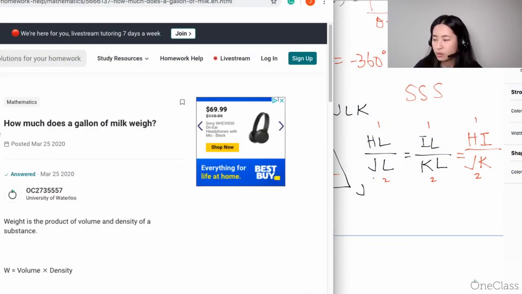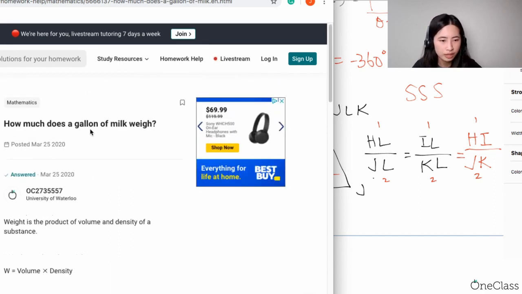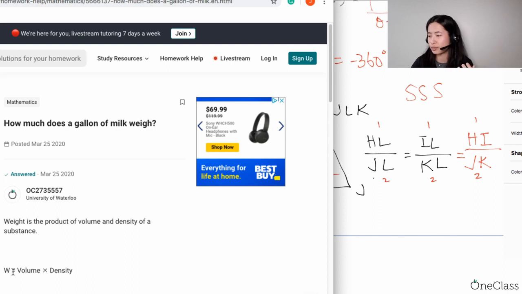Okay, so here's the next question. It says, how much does a gallon of milk weigh? Interestingly, they actually brought up a concept where they're talking about the weight and also volume and density,